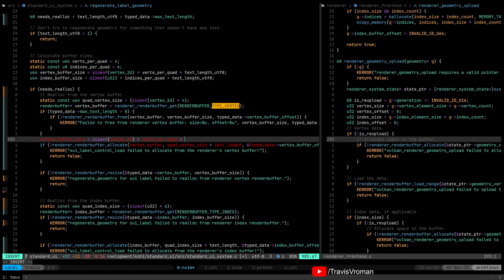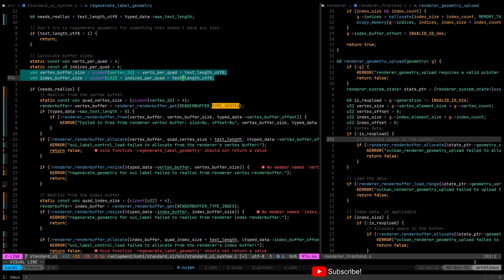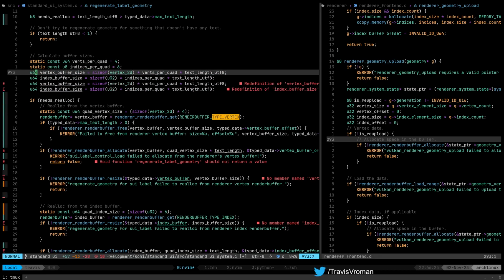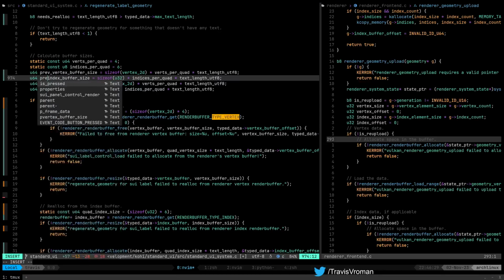Oh shoot, wait a minute. This is actually wrong. This is taking the current length. We actually need separate ones here. We need previous for these.